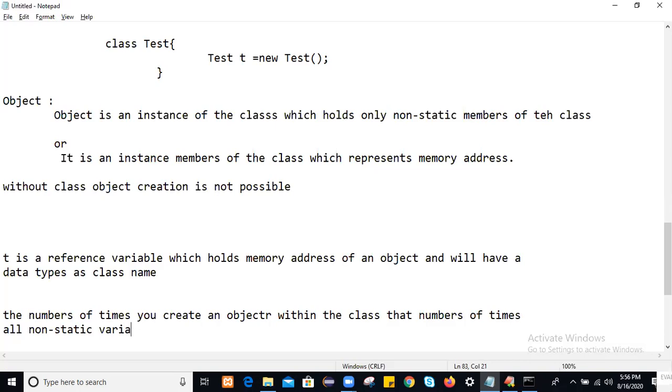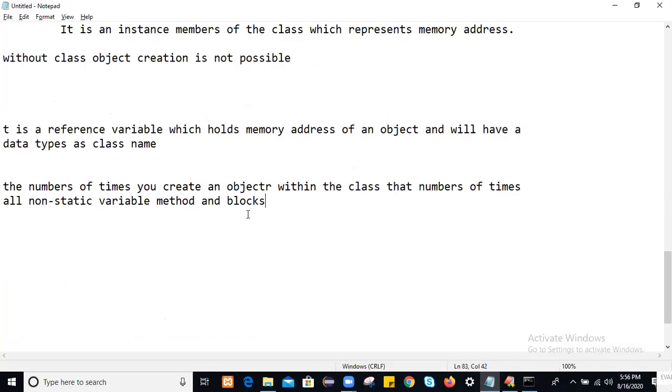I will write: all non-static variable, method and block. You can say constructor also, non-static blocks come under blocks. All non-static members of the class, variable, method, constructor, will get loaded into that object's memory. Simply, when you create multiple objects, that number of times all the non-static members will get allocated memory.